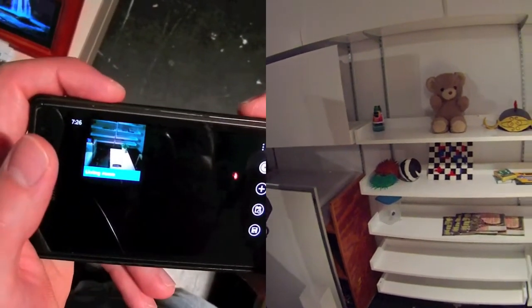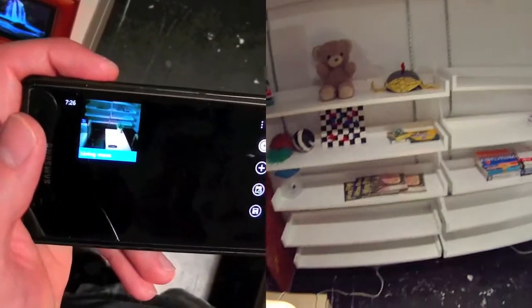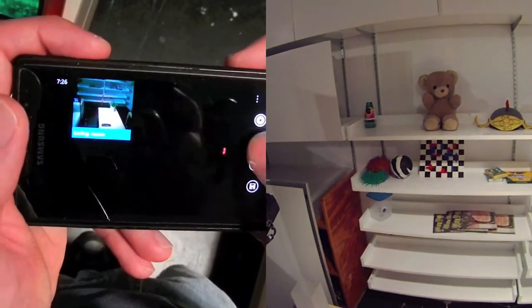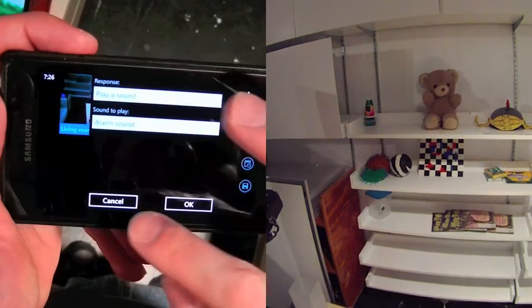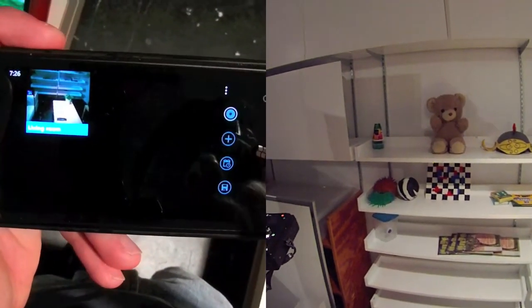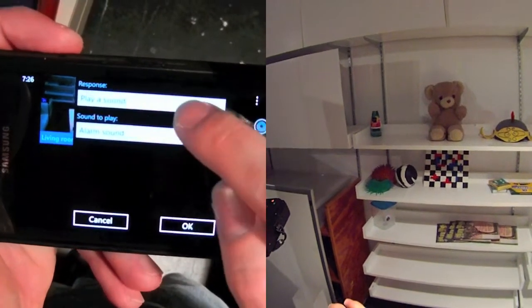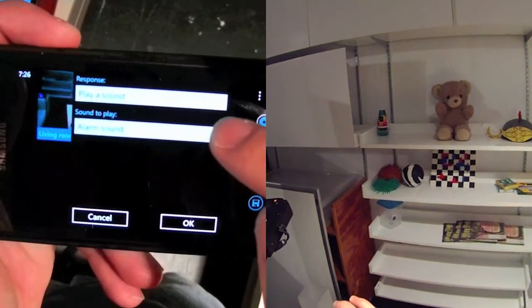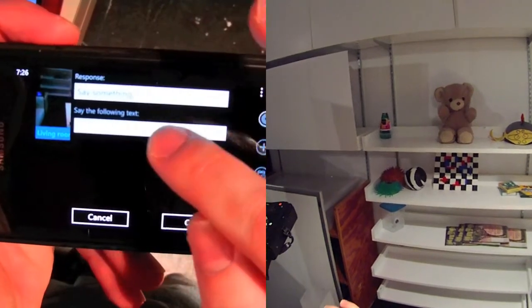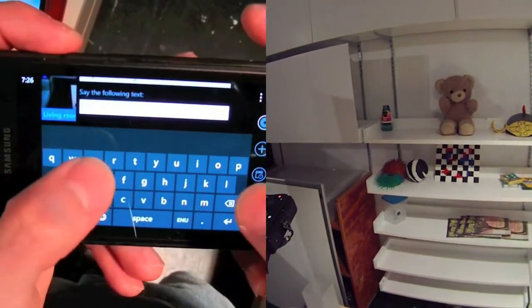and I want the system to remind me to take my pills. So I'm going to add a response. This is the button to add a response, and I'm gonna tell the system to say something. So I'm gonna select the response to say something, and it's gonna say